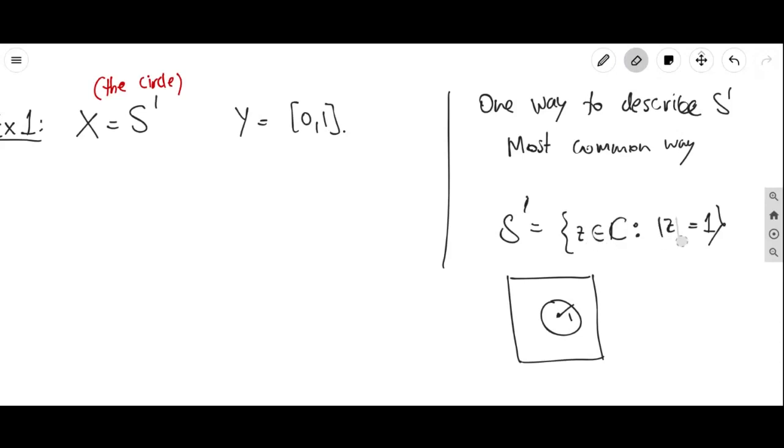So it's the collection of complex numbers whose absolute value is 1, and this is the subspace topology of the complex plane. The complex plane has a metric, right? The absolute value is a metric. So it's a metric space, and that's just the subspace of it, and that's the circle. So how to visualize